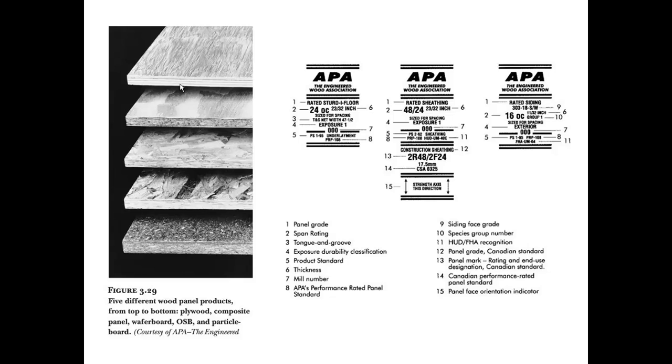Then we have composite panel, which is a veneer on top and bottom and a particle board type core on the inside. We have wafer board, and below that we have oriented strand board, OSB,